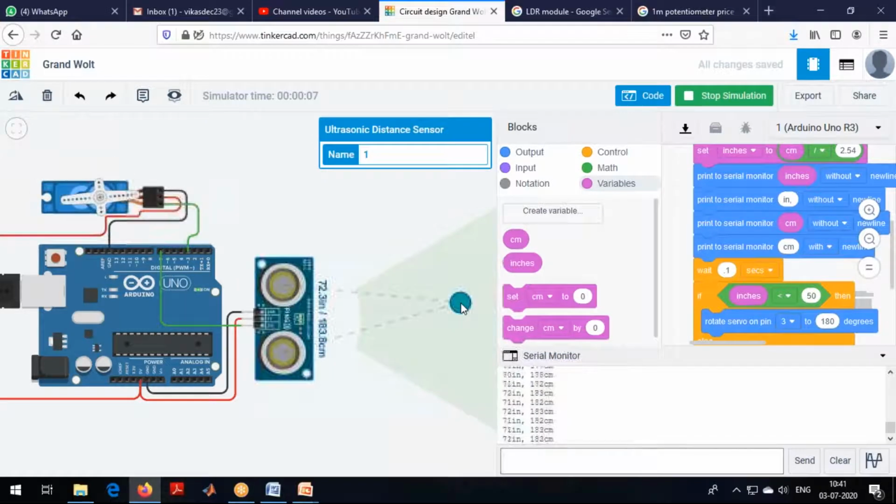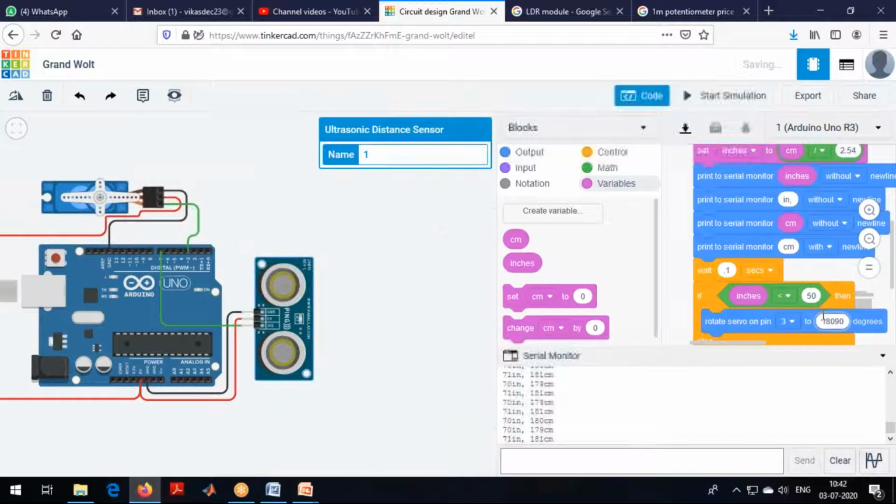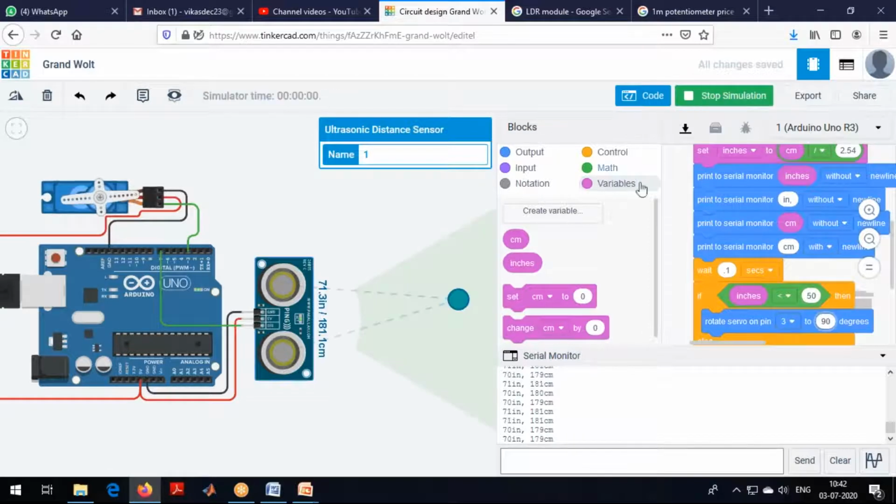I'll increase, door open, door closed. I'll also make this one 90 only so that you can understand easily. I hope it's clear.